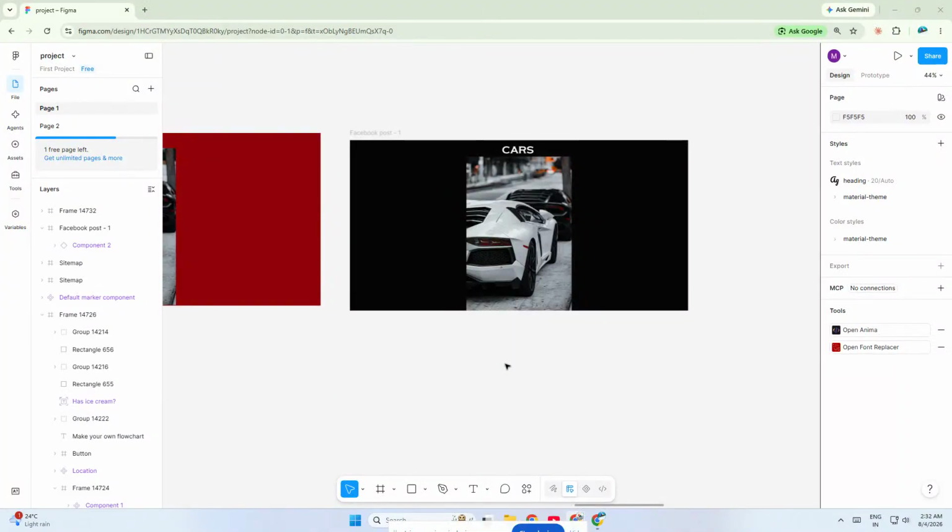If you work in Figma, there may be times when you need to edit a component instance without keeping it linked to the original component. In this video, I'll show you exactly how to remove or detach a component in Figma in the fastest way possible. This is really useful when you want to make custom changes to one specific instance without affecting every other